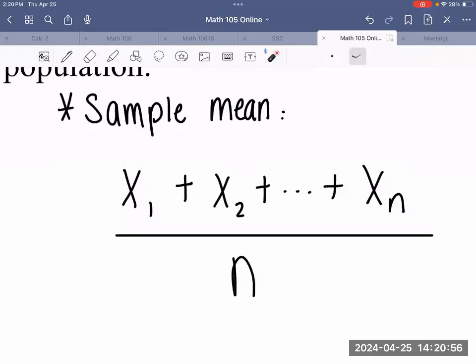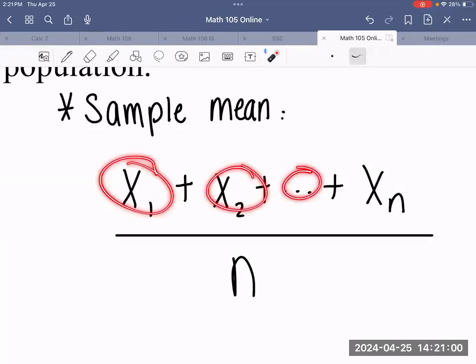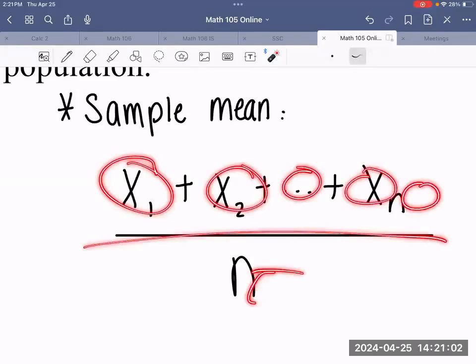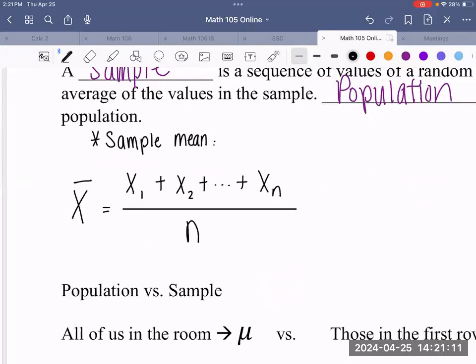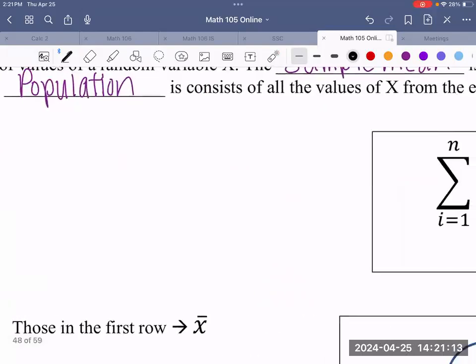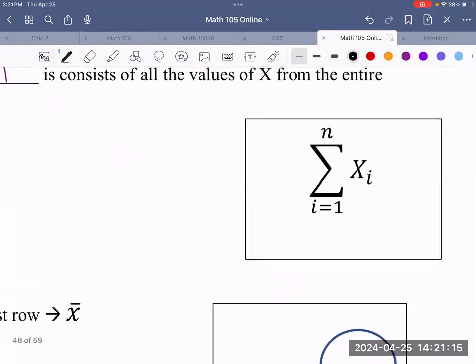So if we had, let's say, 5 test scores, we would add all 5 up together and then divide by 5. That's what it is to be your average. So x bar is your average. Now, when we talk about your sample mean, and we'll do population in a second,